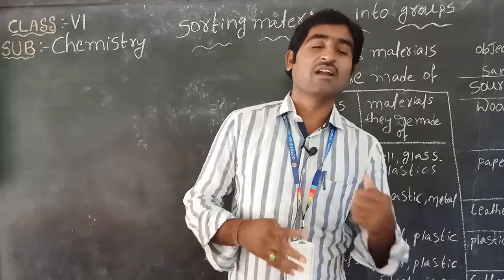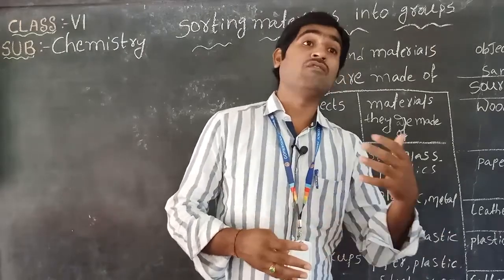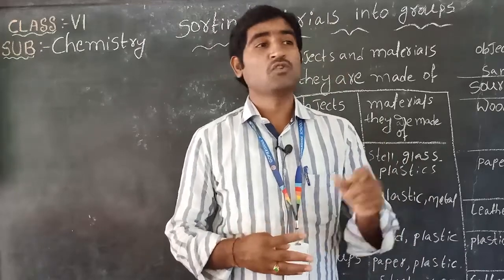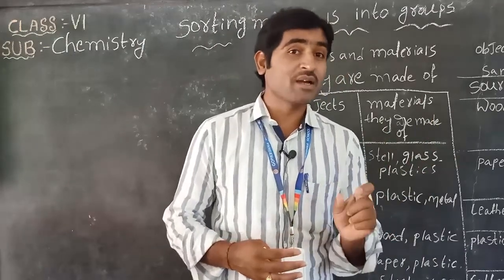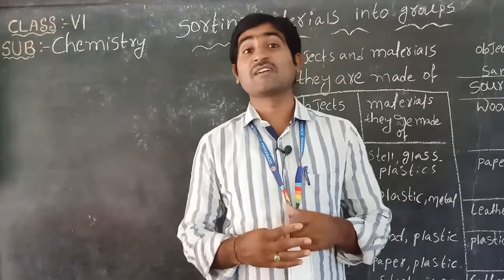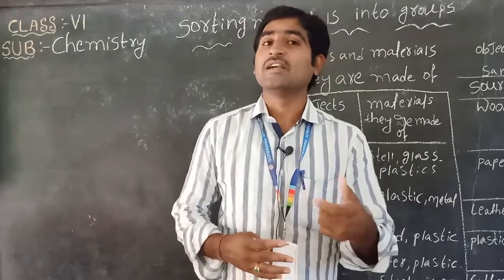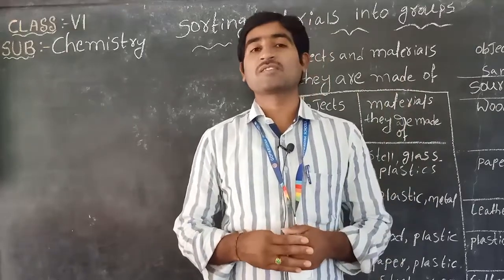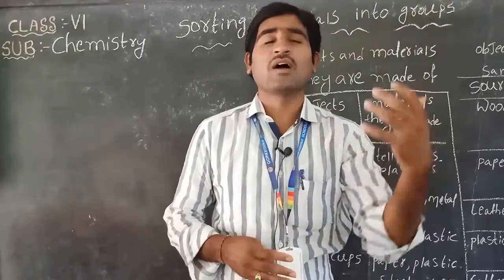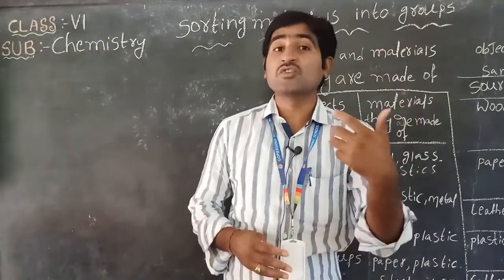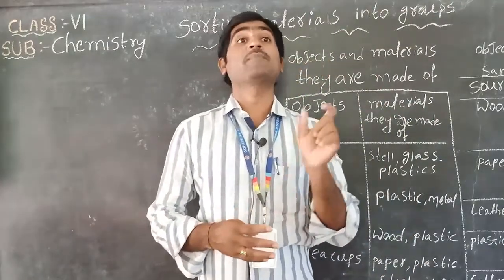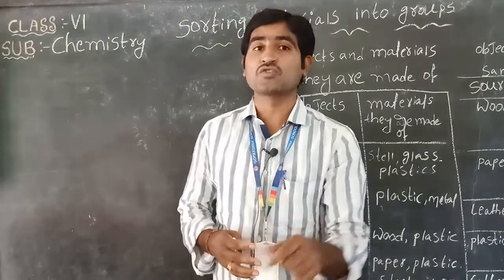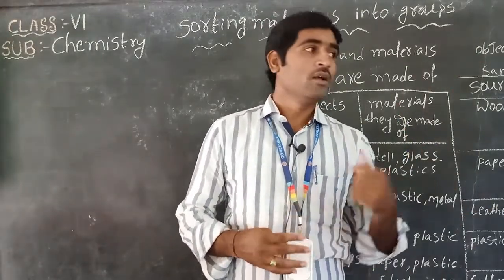Do all these objects have the same color and size? No. These objects are available in different colors and different shapes. And to make all these objects, are we using the same kind of material? No. Different objects are made from different kinds of sources. Now we are going to discuss what sources we use to make objects and on what basis we choose the source to make such objects.